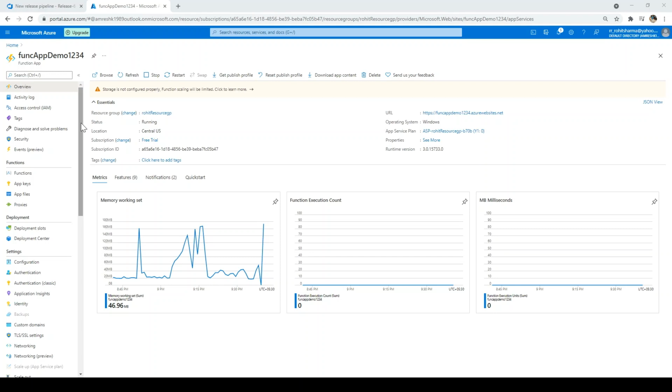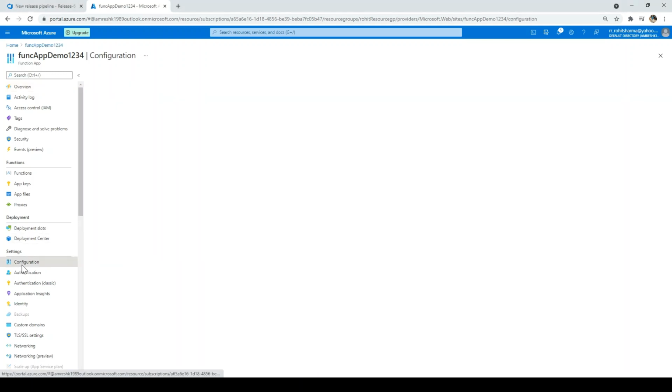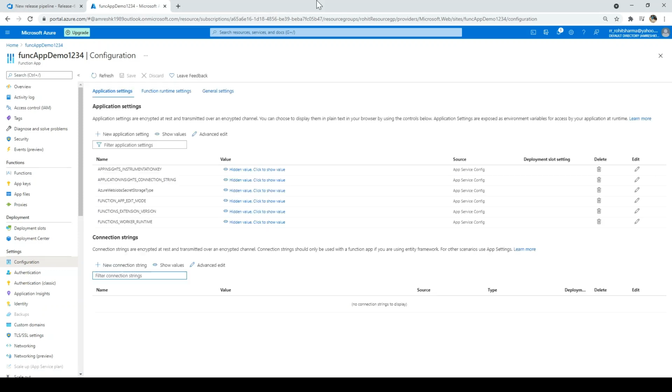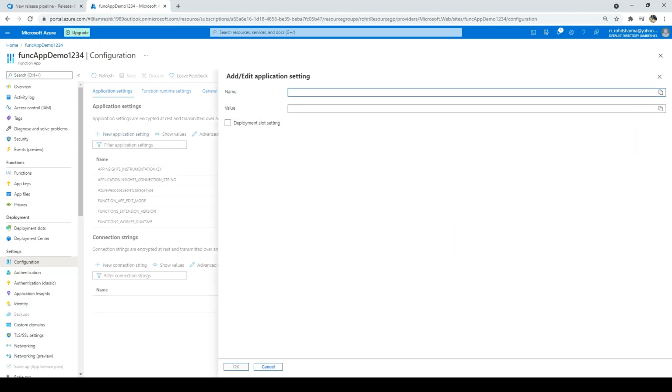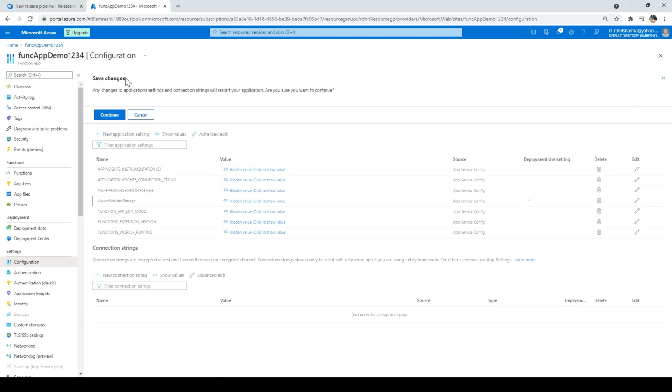If I go to configuration, click on new application setting, the setting name should be AzureWebJobsStorage, and the value should be the key which I have taken from the Azure storage. Paste it, and I'll select this also, deployment slot setting. Click OK. Click on save.